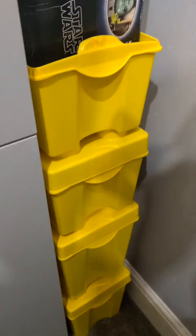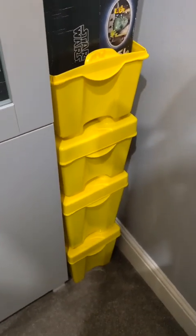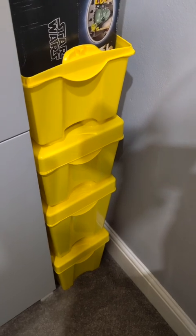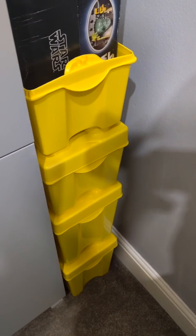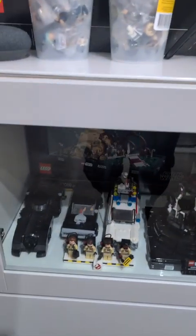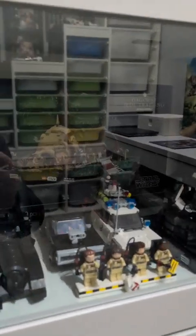And then these tubs, which my brother threw to me because he didn't want them anymore, but they're quite handy for stacking parts of Winter Village in. So that's what's in those at the moment. And then we come to the Besta units, which haven't got any lights at the moment, but we can see here we've got